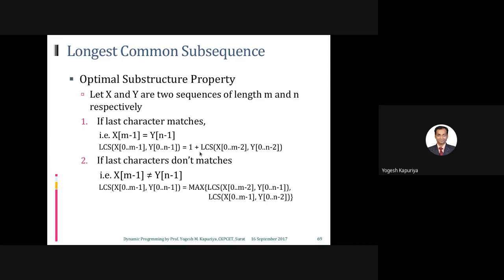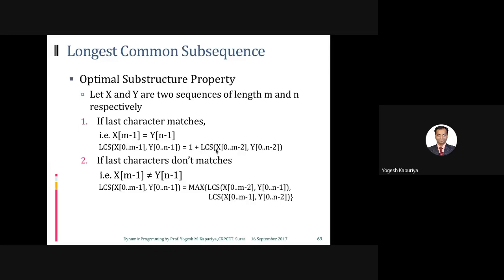So you can see over here, if my problem statement is between LCS X and Y, then what is the scenario? If the last character matches, that means X of M minus 1. Why M minus 1? Because my string starts with 0 as per the assumption. So if your last character matches, then the solution is equal to 1 plus skip the last character.